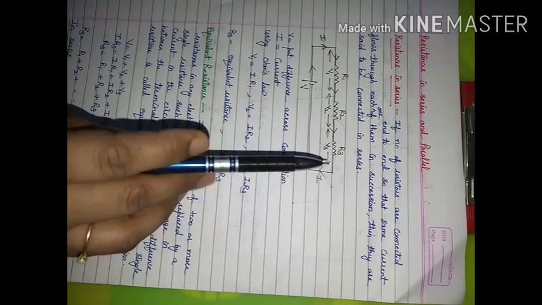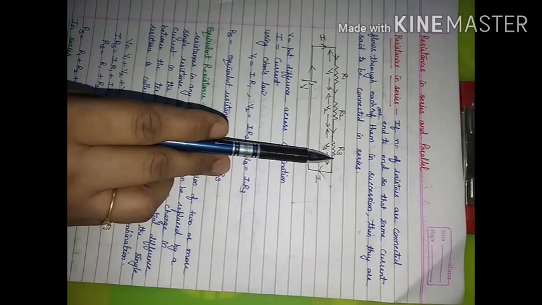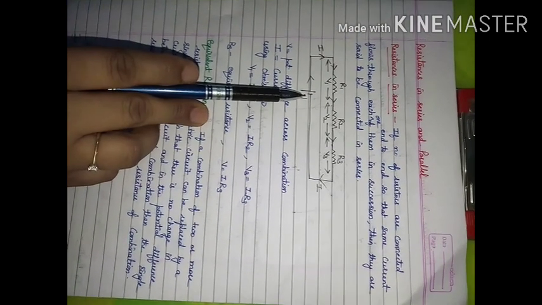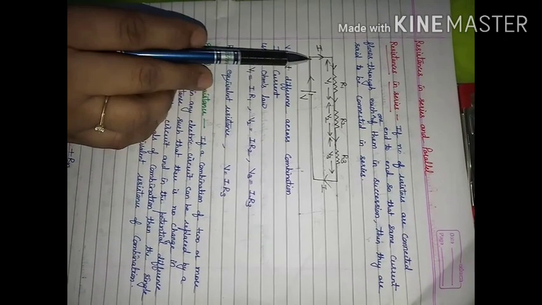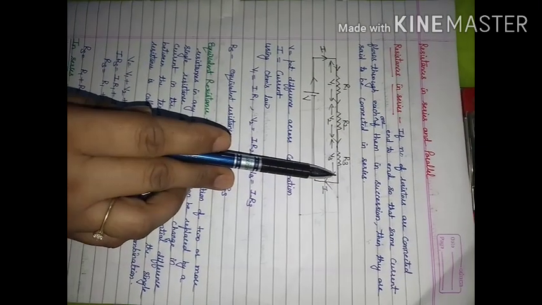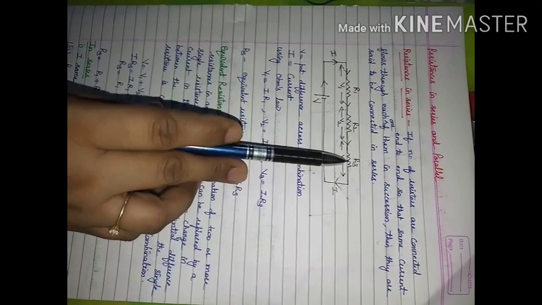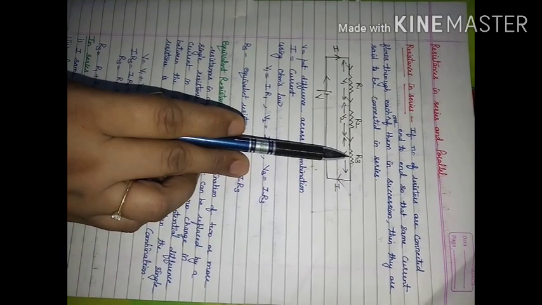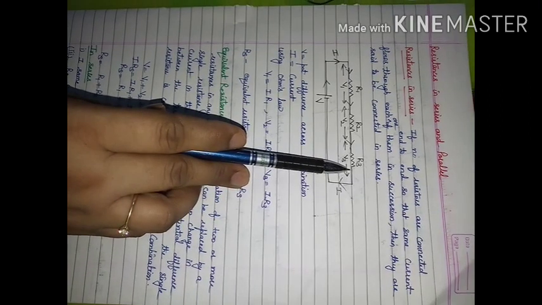If we see the diagram, this is representing the first resistor, second resistor, third resistor. They are connected from end to end. And this is a cell or battery we have applied. Current will start flowing from the positive terminal and there is a single path for current to flow. And the same current is going to flow through R1, R2, R3. When you have a single path for current to flow, then resistors are said to be connected in series.